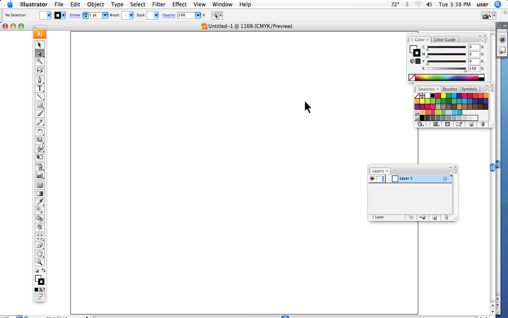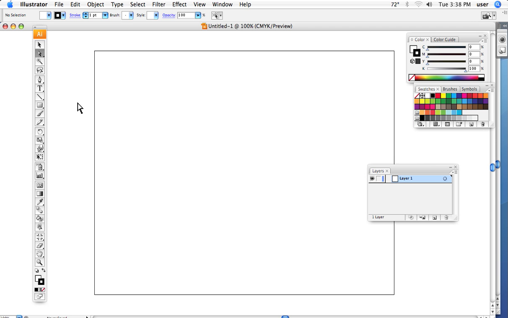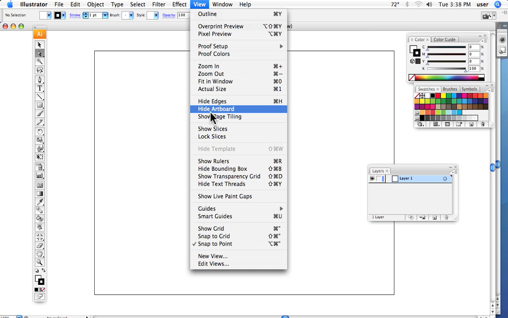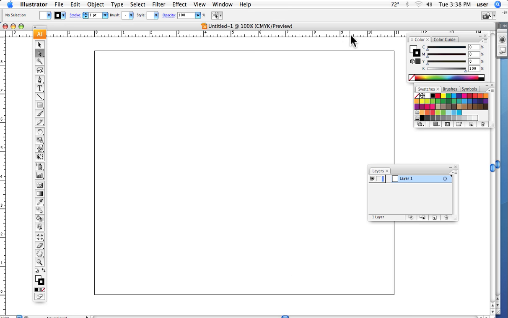Okay, and I want to bring over the guides and utilize them, but you can't bring up the guides unless you first have the rulers. So I'll go View, Show Rulers, Command R. It's another very useful shortcut. Show Rulers, and now you see we have these numbers and rulers along the top and along the left